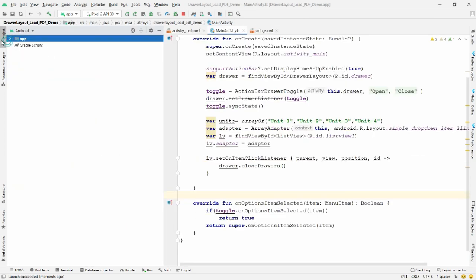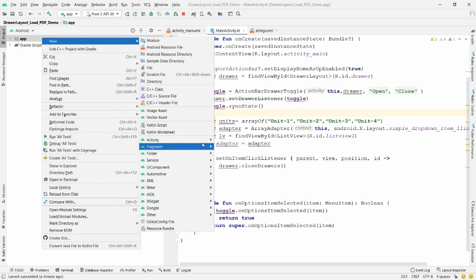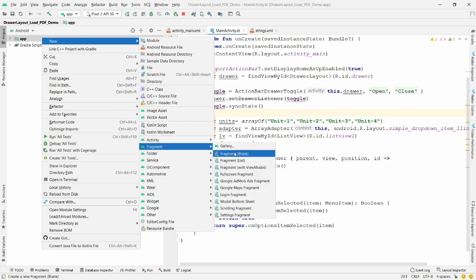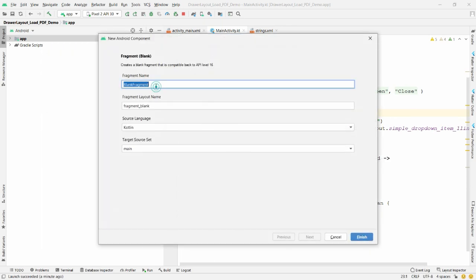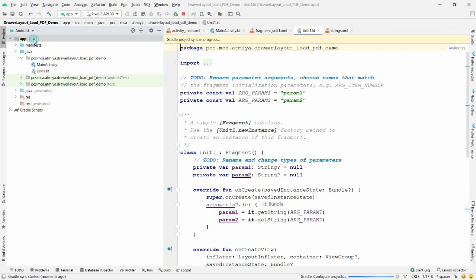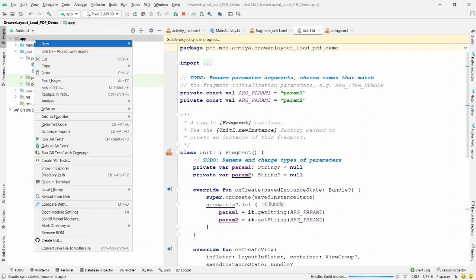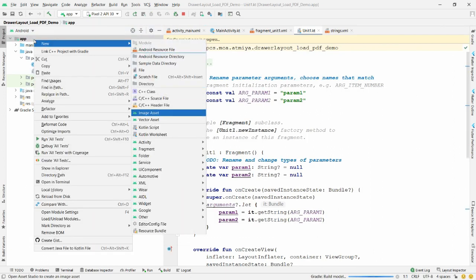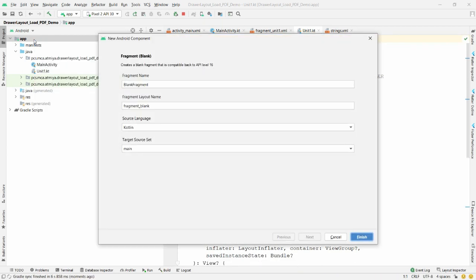So here you can just open your project explorer. Then you can just right click on app, new, and you can take the fragment, that is Fragment (Blank). Let me take the fragment blank, that is unit 1, and then you can click on finish. I need another fragment, so I'm just repeating the same process. Right click, new, fragment blank, and the name of the fragment, that is unit number 2, and then you can